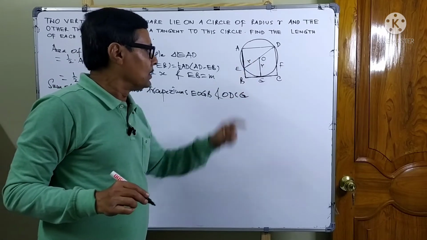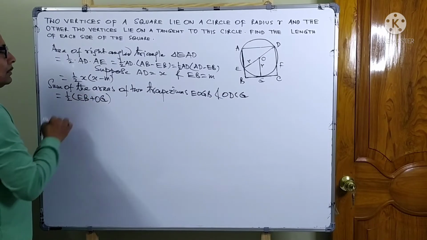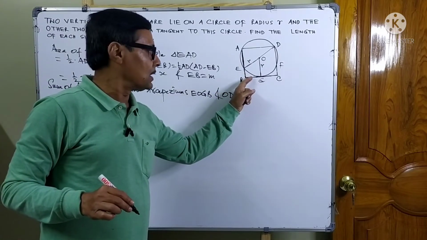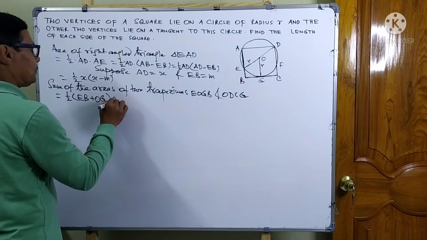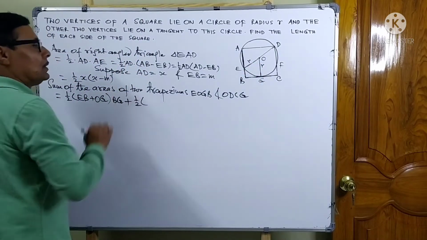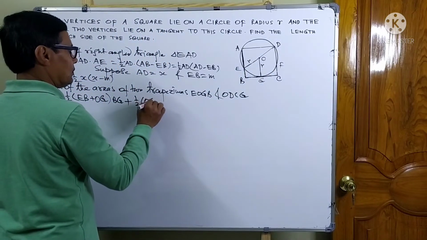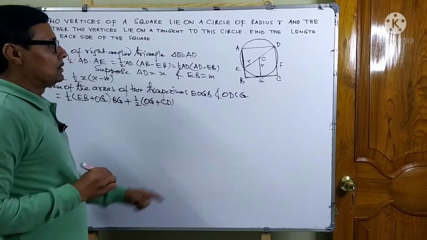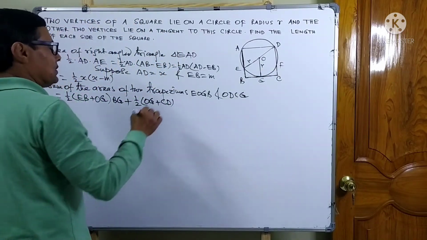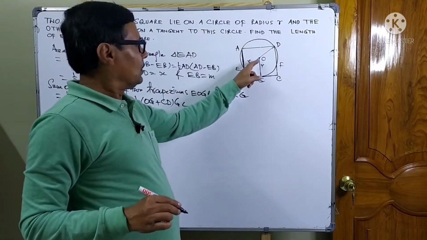Parallel sides are EB and OG, multiplied by the perpendicular distance between these two parallel sides, which is BG, plus half of sum of the length of two parallel sides, which are OG and CD, multiplied by the perpendicular distance between these two parallel sides, which is GC. These are two trapeziums because